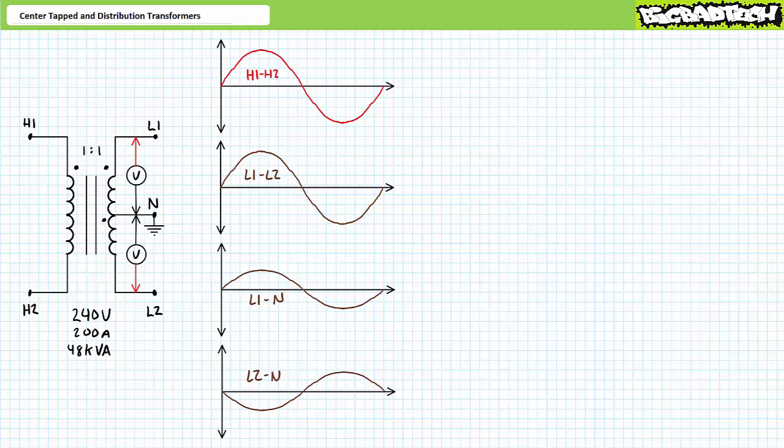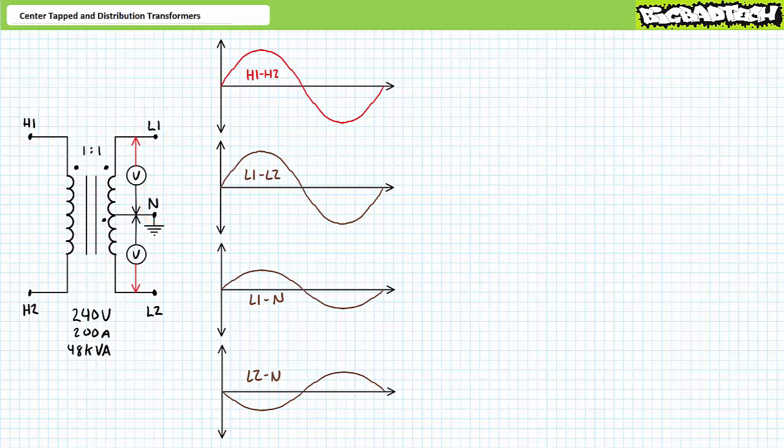Importantly, ground referencing the center tap does not change the location of the phase dots. When H1 is higher or more positive than H2, L1 is higher or more positive than N, and N is higher or more positive than L2. This also means L2 is lower or more negative than N. I say again, when N is higher or more positive than L2, this simultaneously implies L2 is lower or more